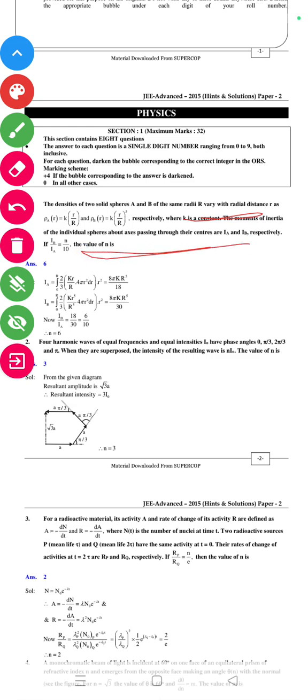IA is equal to integral 0 to R of 2 by 3 k r by R 4 pi r square dr into r square, equal to 8 pi k R to the power 5 by 18। तो IB इज इक्वल टू integral 0 से R, 2 by 3 k r to the power 5 by R to the power 5, 4 pi r square dr into r square, equal to 8 pi k R to the power 5 into 1 by 30। नाउ IB by IA इज इक्वल टू 18 by 30 यानी 6 by 10। तो n का वैल्यू कितना आएगा, 6 आ जाएगा। अगला